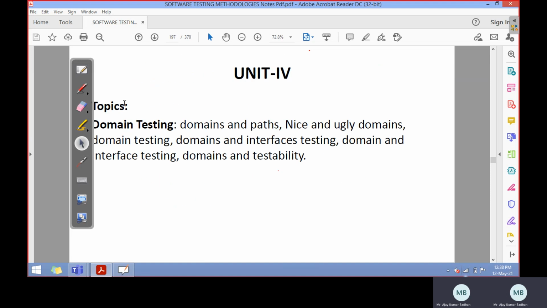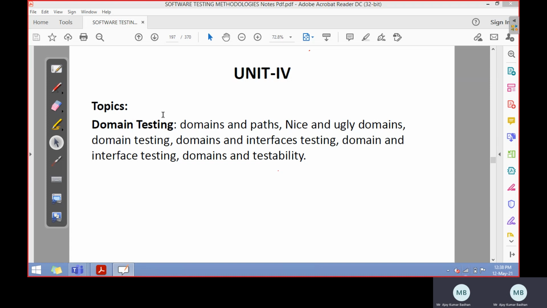Now in the next session, we'll be discussing something called domain testing. Till now we discussed control flow graphs, where we see how control is flowing from one path to another, and for that we generated test cases. Then we discussed data flow, how within this control the data is flowing, and we saw the testing for it. Now we will see domain testing: how the domains are actually tested, how we are going to generate tests, what the different terminologies are, and what different kinds of testing interfaces we are going to use. That we will discuss in the coming session.